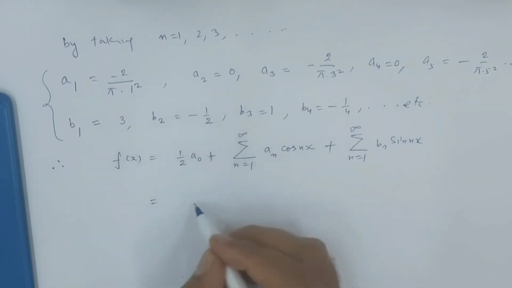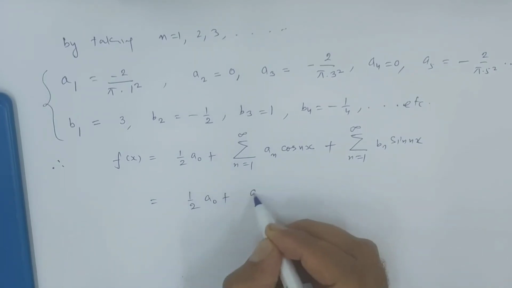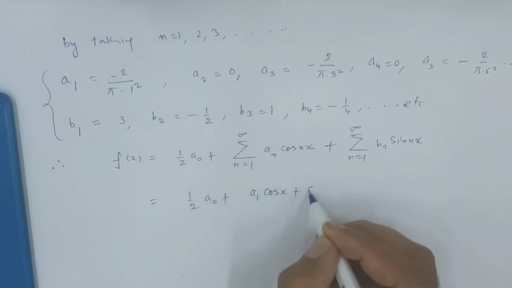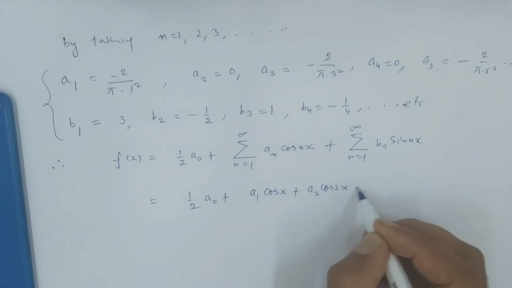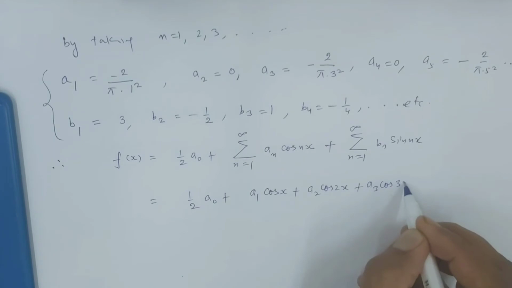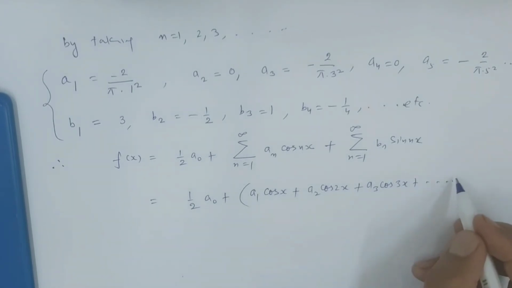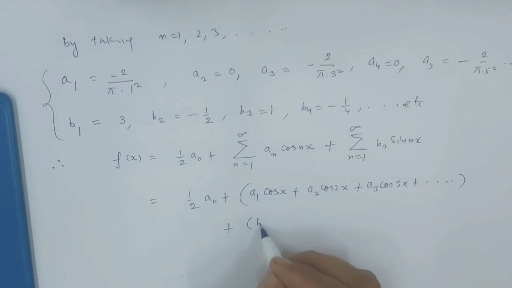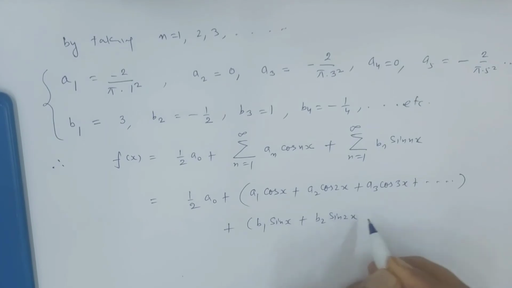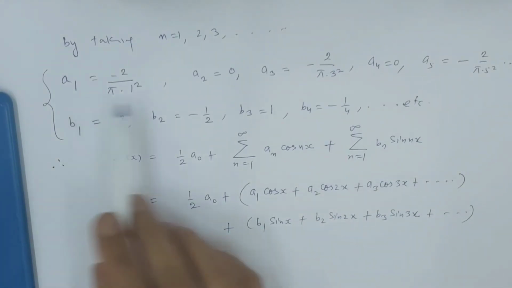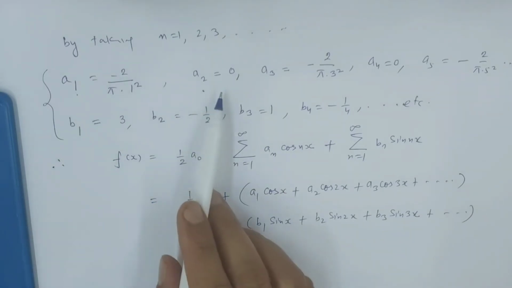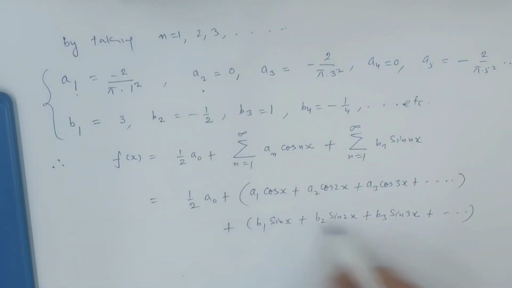थोड़ा एक्सपेंड कर लेते हैं इसको. 1 by 2 a naught plus a1 cos x plus a2 cos 2x plus a3 cos 3x plus up to so on, plus b1 sin 1x plus b2 sin 2x plus b3 sin 3x plus up to so on. जो भी ऑप्शन है यहाँ पे a नॉट a2 a1 a2 a3 up to so on, ये सारे हम यहाँ पे सब्स्टिट्यूट कर लेंगे. तो therefore we will get,